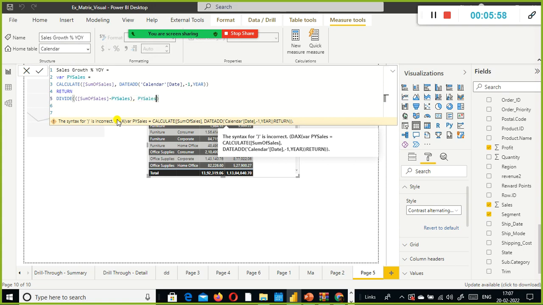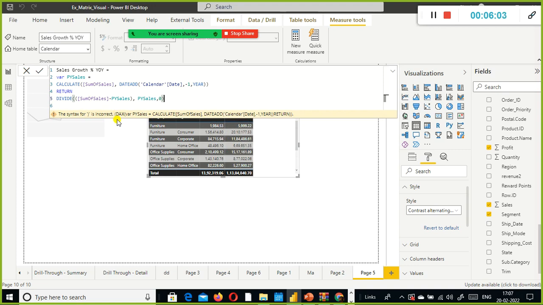You can say the alternate result is 0 if it is not returning anything, right?